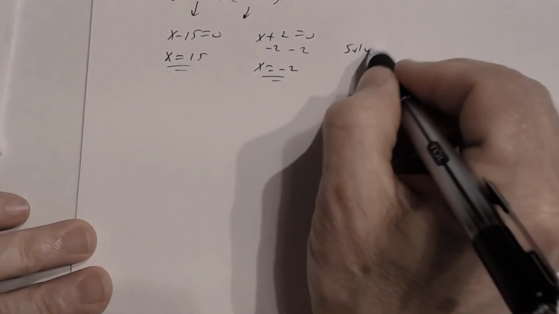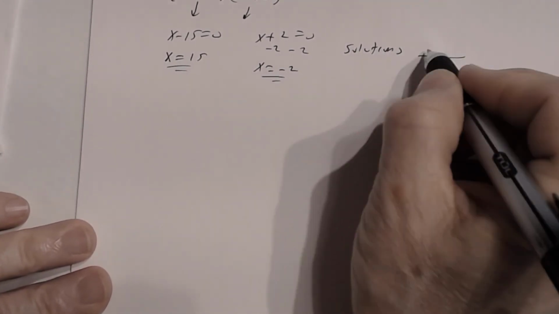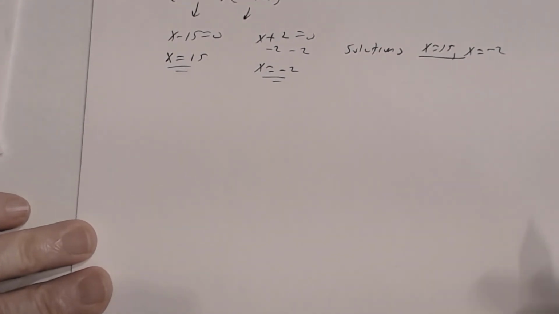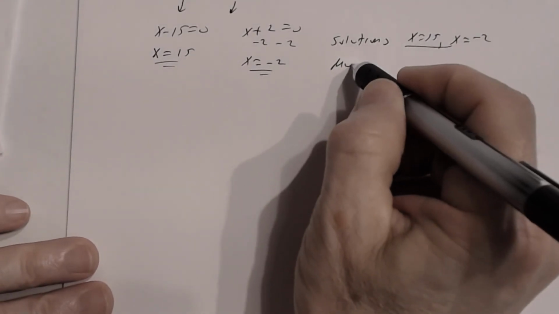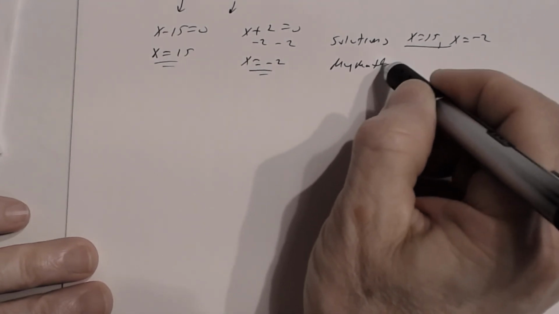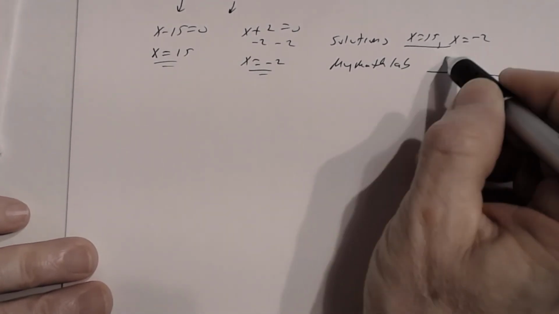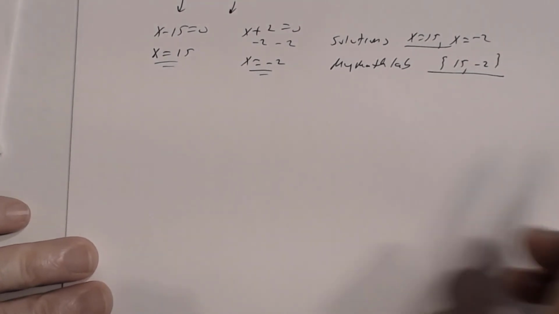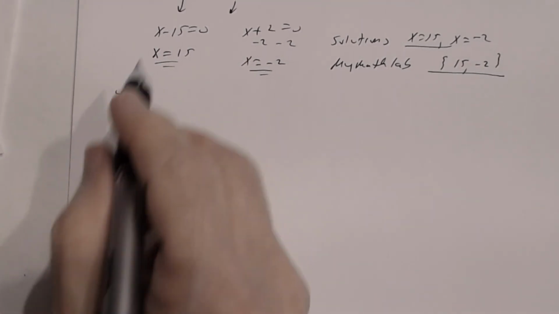So these are your two solutions. Your solutions are x equals 15, x equals negative 2. And just remember, in MyMathLab, you're just going to put 15, comma, negative 2. All right. Okay, number 4. Number 4, we have